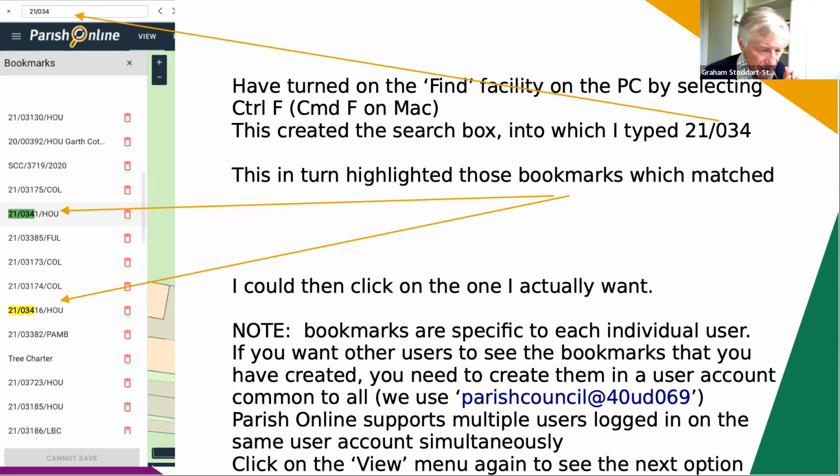So we all have access to the same bookmarks. And I always do everything as parish council, and nothing as Graham or treasurer or whatever else they want to call me. I just do it all as parish council, purely so that everyone has access to the list of bookmarks. But if you log in as Georgie and someone else logs in as